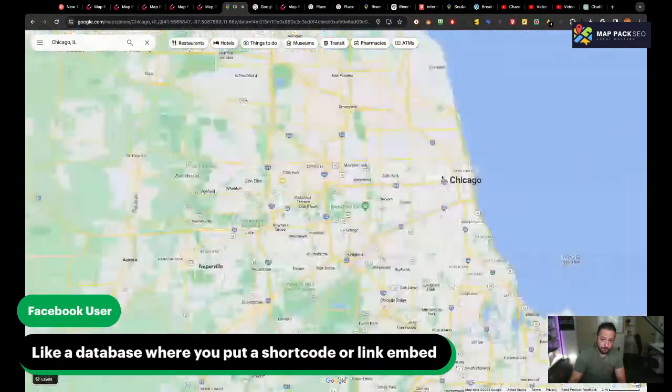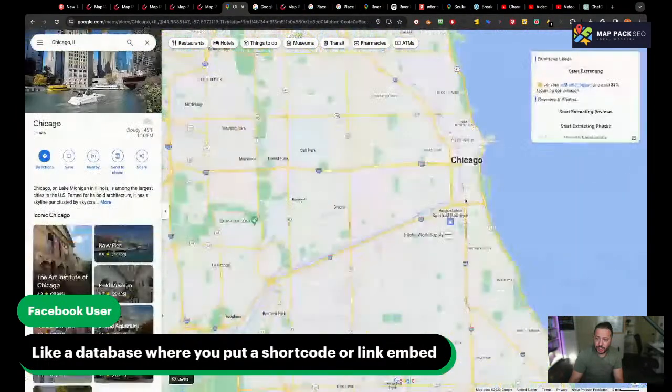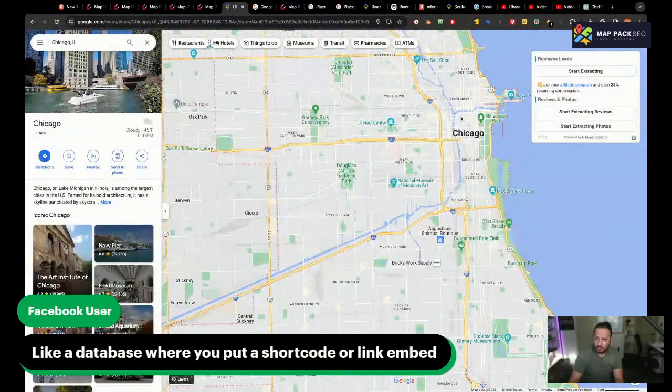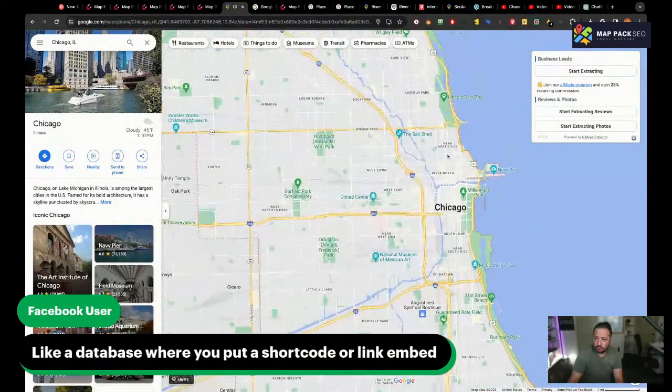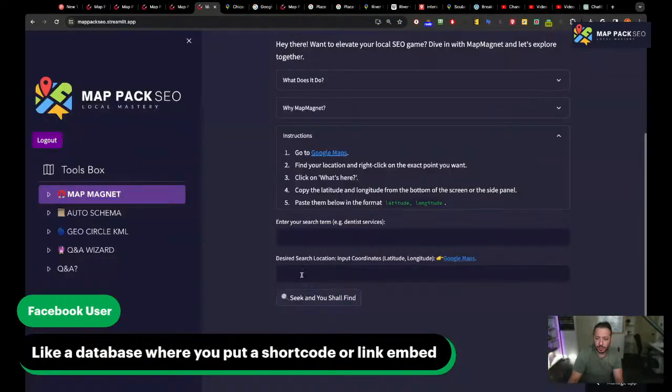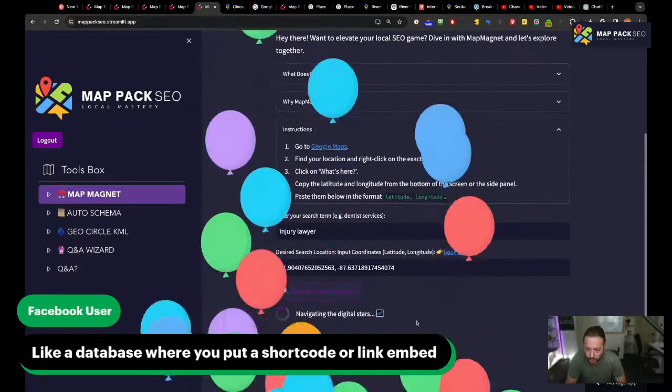Let's go to Chicago city and we'll choose, let's say, the north side. Copy the coordinates, paste them right here, and let's say injury lawyer, and you click on seek and shall find.